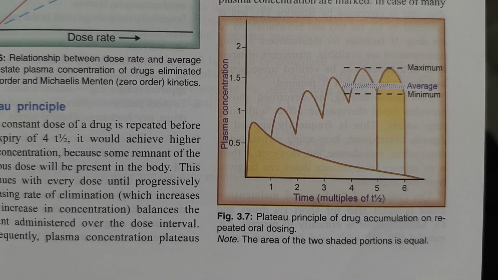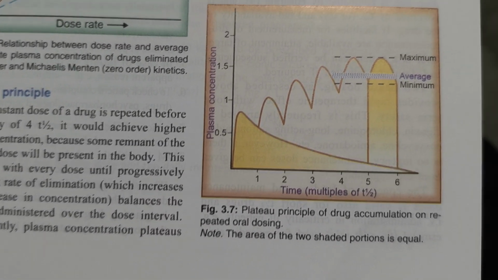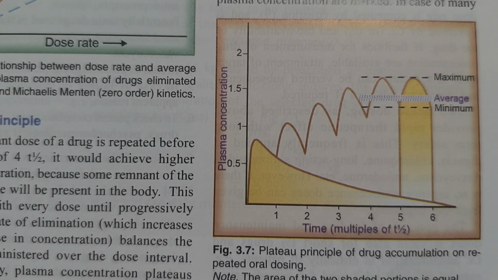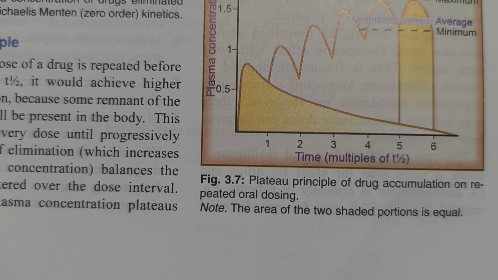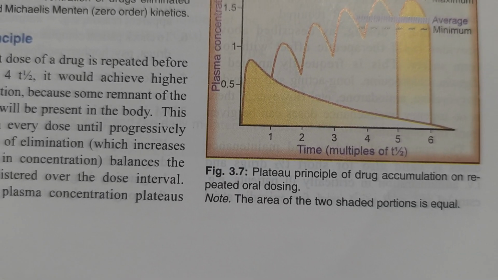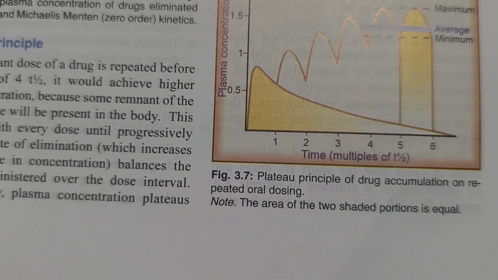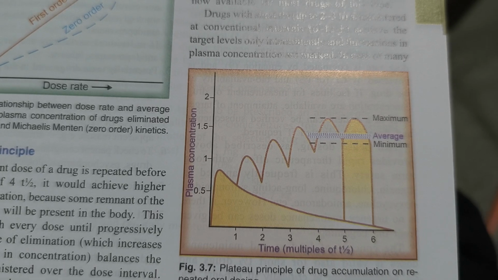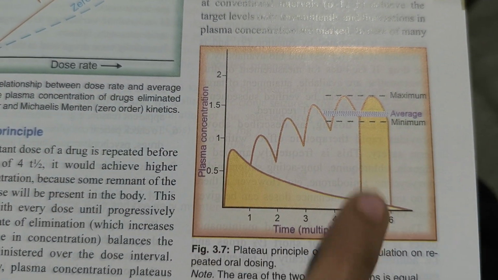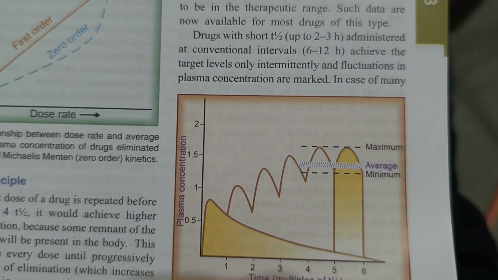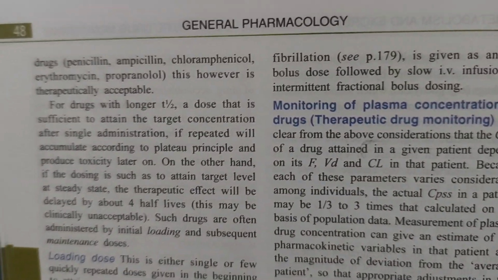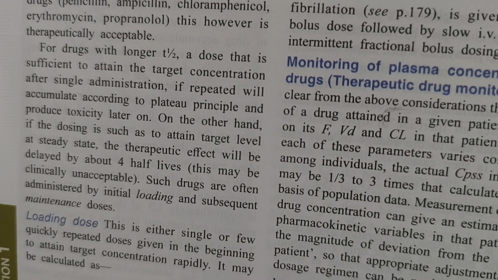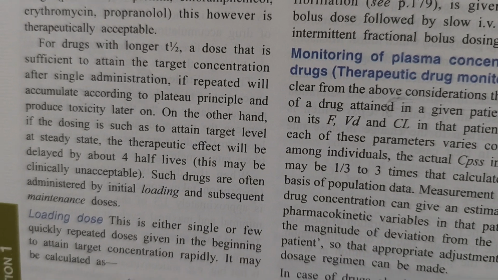So, plasma concentration and time, in multiples of T half: maximum, average, minimum. Plateau principle of drug administration on repeated oral dosing: the area of the two shaded portions is equal. Okay, this area is equal to this area. In case of many drugs, penicillin, ampicillin, chloramphenicol, erythromycin, propranolol, this is however therapeutically